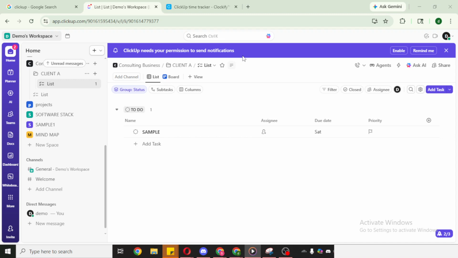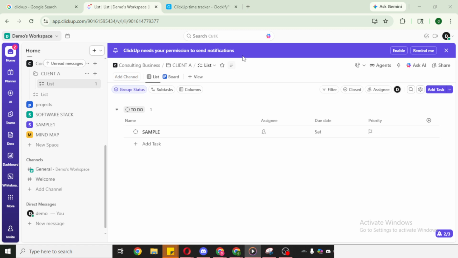First, open your ClickUp account. Make sure you're in the correct workspace if you're part of multiple teams. You can check that from the workspace selector near the top of the sidebar. It's also a good idea to confirm you have permission to add integrations. If the options we're about to use don't appear, an admin on your team may need to enable them for you. Once you're in, click More.